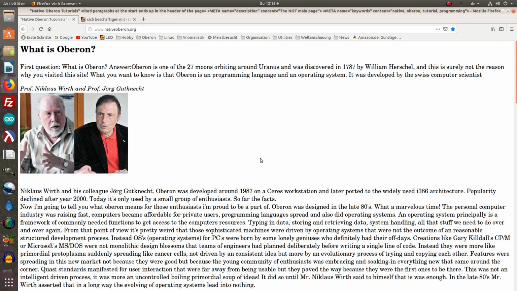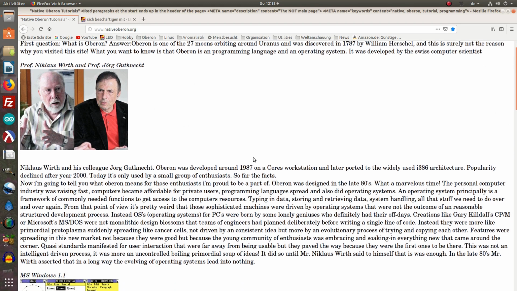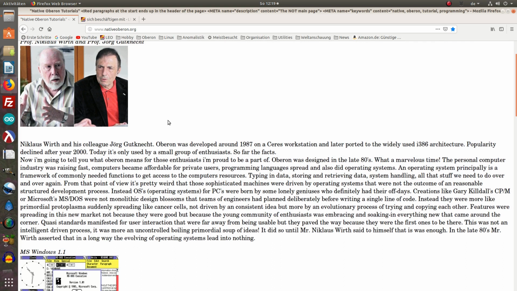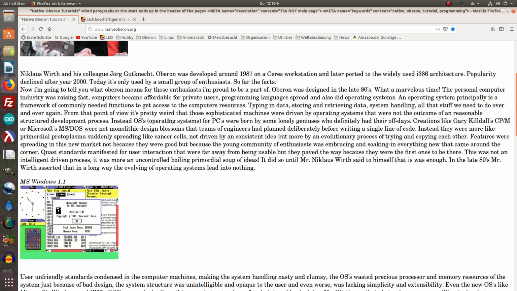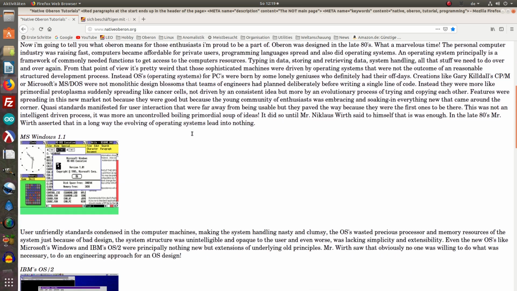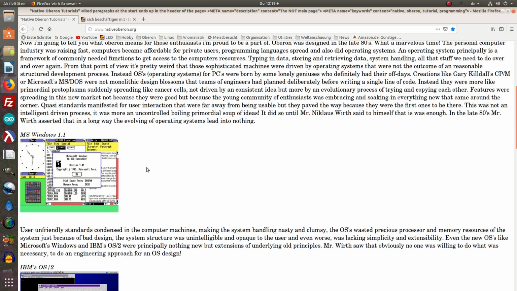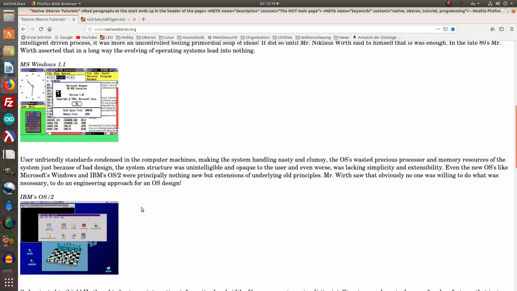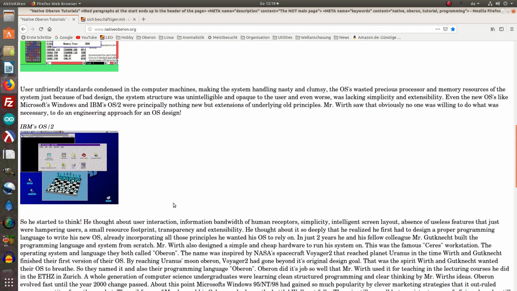So what I'm telling you here is just a little bit of the history of Oberon. It's committing to put the pictures of Mr. Wirth and Mr. Gutknecht on the page too, because those two people still are my heroes. And I tell you something about the history, and I compared it with some operating systems like the early versions of Microsoft Windows and of IBM's OS/2, because there was a time when many operating systems were rising. Also Linux was rising in this time, and I made some comparisons here,